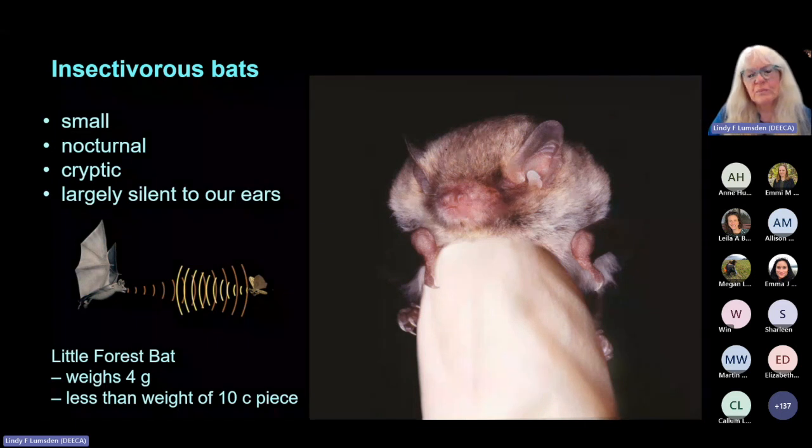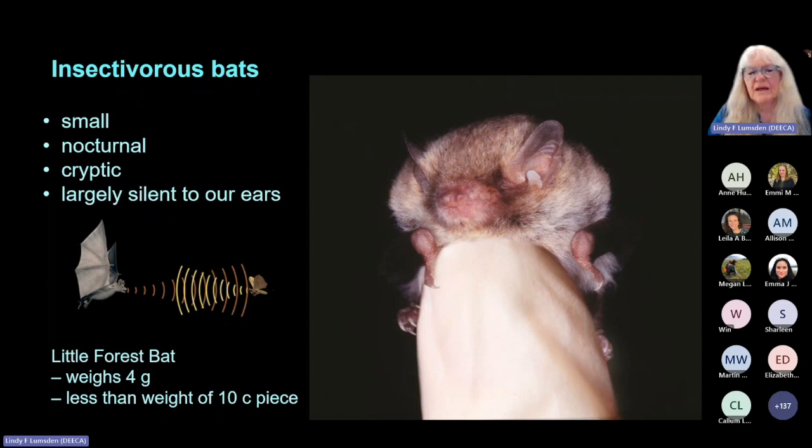And I think often why people don't know that there's many bats around is because of how small they are, and people often think that they're a moth or something. And this is a photo of the little forest bat sitting on the end of my thumb, and it's weighing only 4 grams, and that's less than the weight of a 10-cent piece. So that's the smallest species in Victoria, but we get ones that are quite tiny, and so often hidden